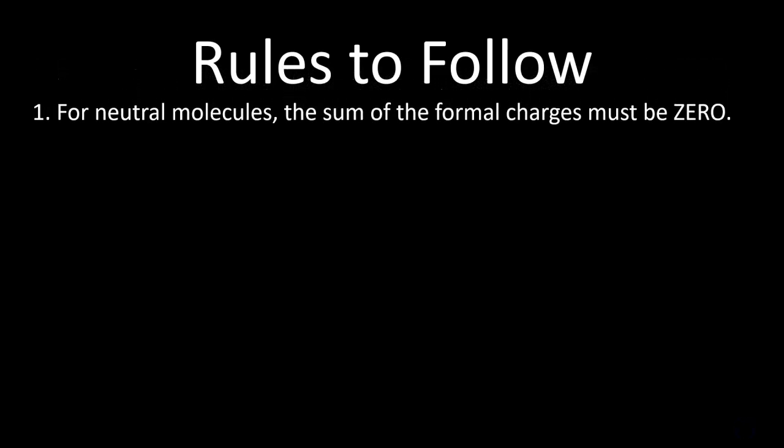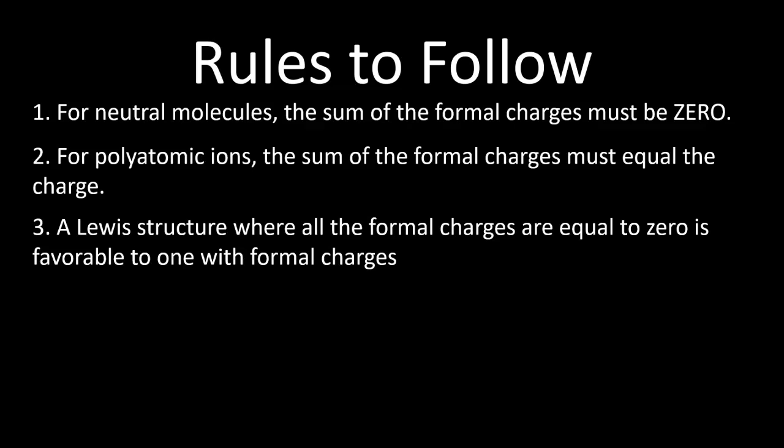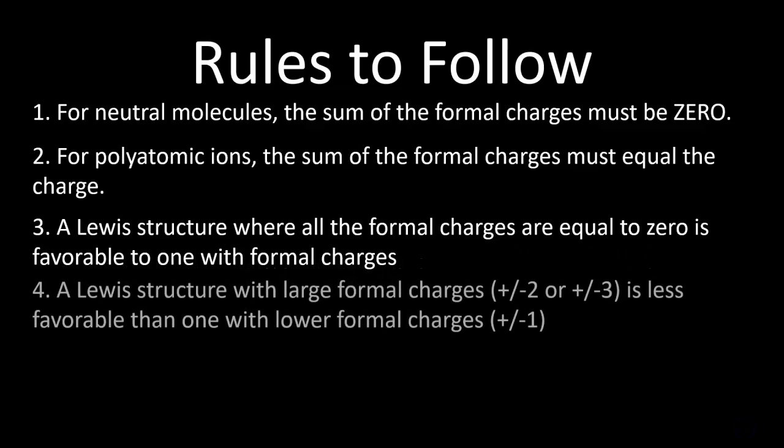The first one: if a molecule or a compound is neutral, the sum of the formal charges has to equal 0. For polyatomic ions, the sum of the formal charges has to equal the charge that you see for the polyatomic ion. A Lewis structure where all the formal charges are equal to 0 is favorable to one with formal charges. So if you're working with resonance structures, and one has all charges equal to 0 and one has a formal charge that's not 0, the all-0 one is going to be